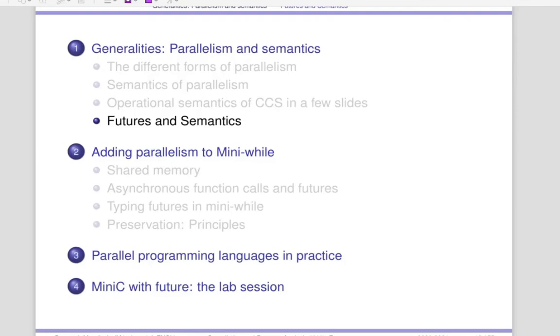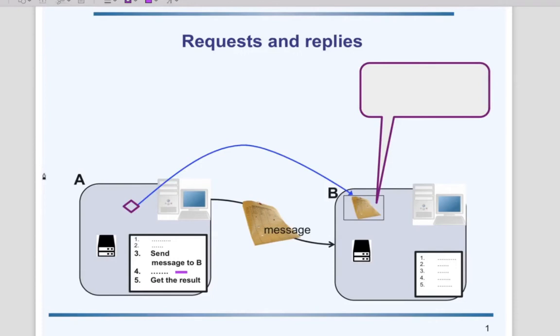So we had the first semantics of one parallel construct, which corresponds to message or to communication. I show you a second construct that you can find in the literature, which is futures and their semantics. So let me first explain you what a future is in the context of messages.